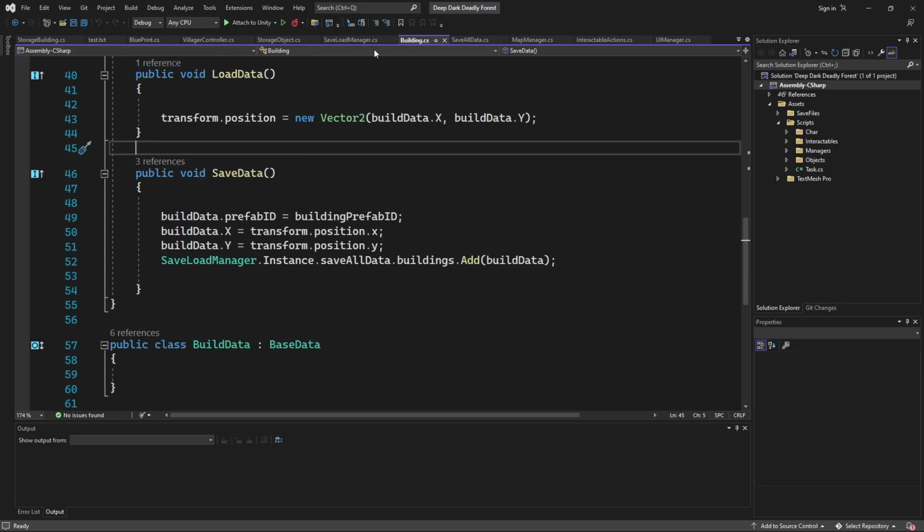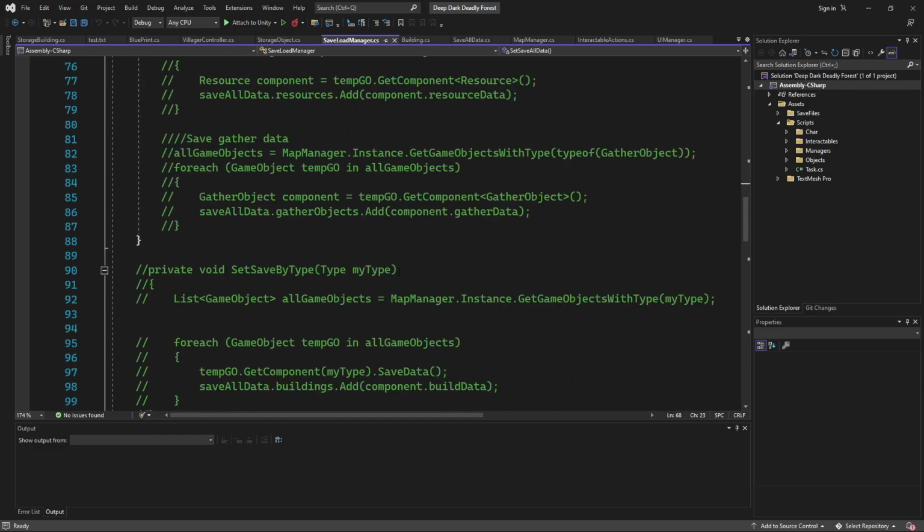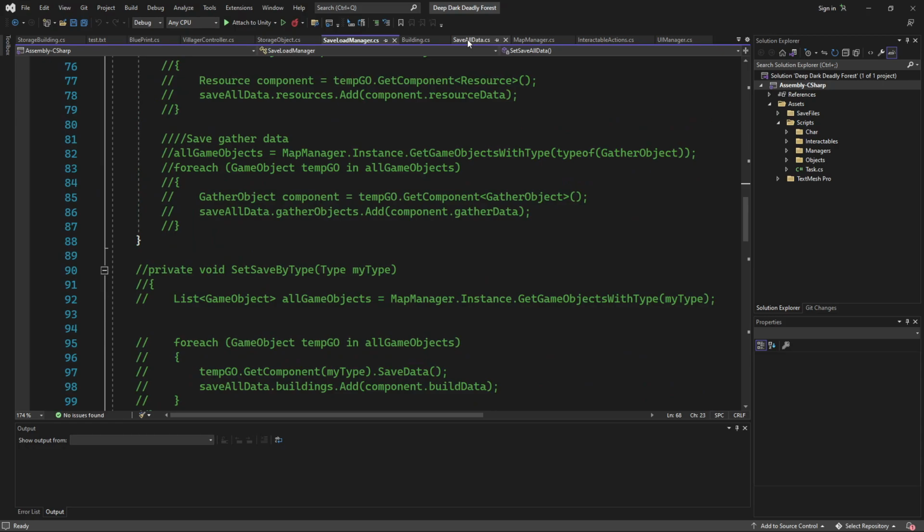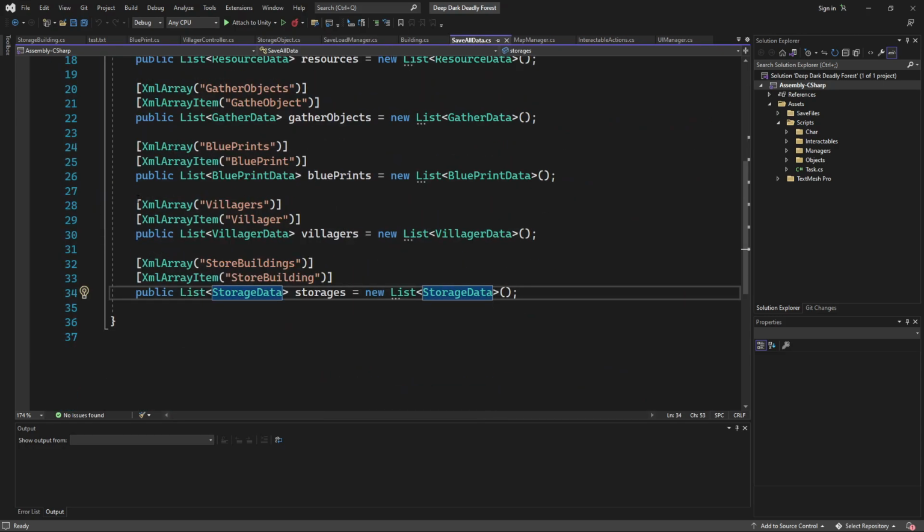I also, in the save load manager, in my save all data, I am saving now the villager, but I'm only saving the location. And I'm also saving this new building called store building. So previously,